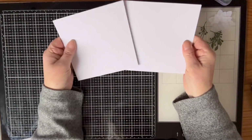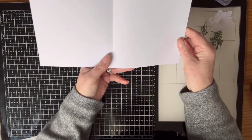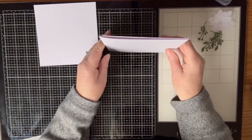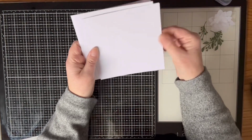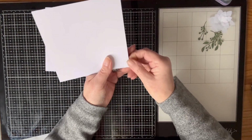So I'm going to make a 6x6 card, and we're going to have an open aperture in the middle. Cardstock measures 12 inches by 6 inches. I've scored that down the middle to create our card base. And my matte layer, which I'm going to emboss and ink up, is 5 3/4 by 5 3/4,